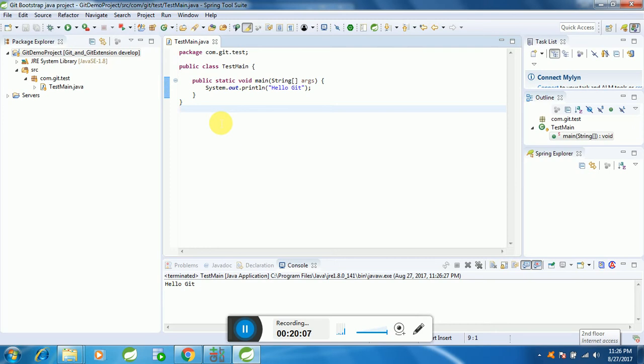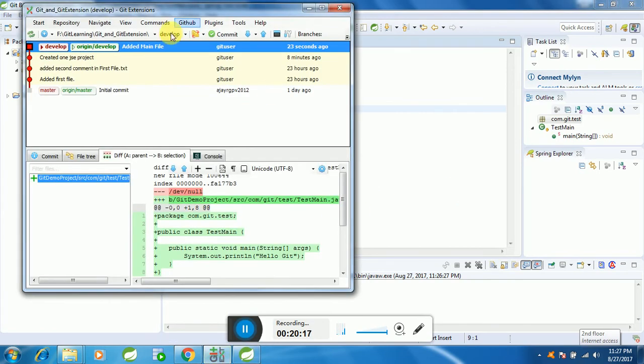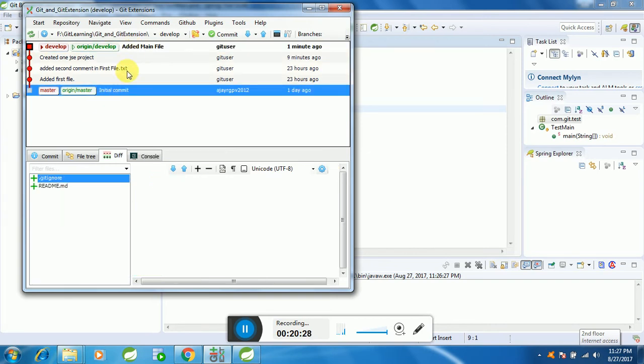So we feel this code is very good, it's working, everything we have tested, then we'll merge. So how do we merge from one branch to another branch? Right now we are in develop, but we have to merge into the master. People will think, okay, we have to merge in master, so master is here and we just go